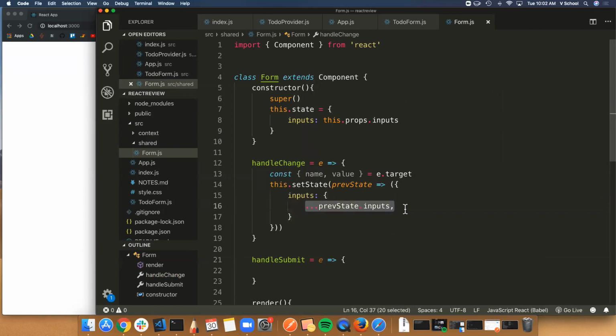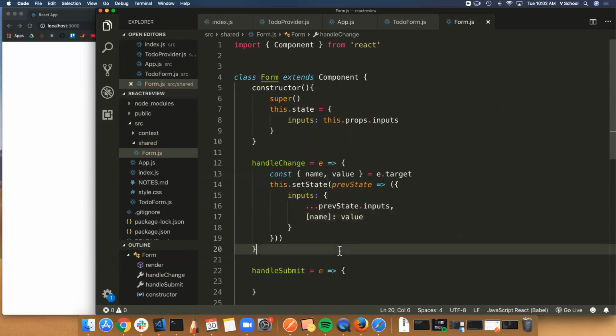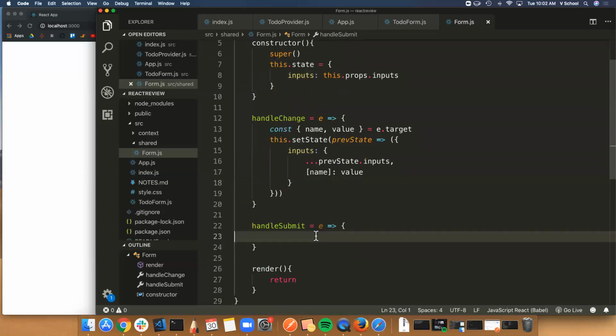So I'm saying maintain the title they were just typing, and then update the appropriate thing that they're typing in. Maintaining title, updating description. So that's where it changes a little bit. In our handle change, we have to account for this nested object and maintain the previous inputs while they're typing. Any questions on the handle change? We'll follow the logic through once we use this, but